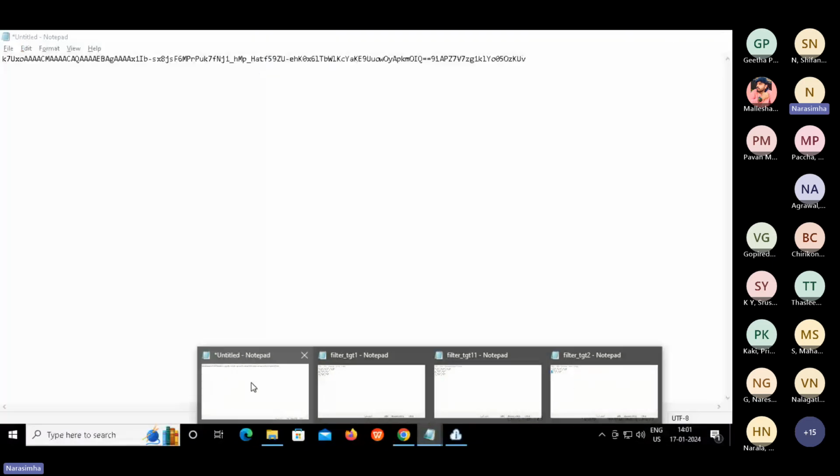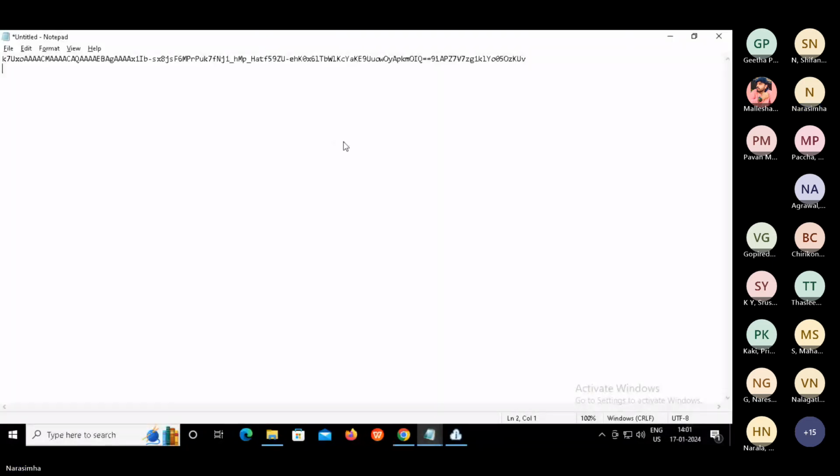Here we talked about a source, a filter, followed by one target. Then we saw a source with two filters, filter 2, and its corresponding target.